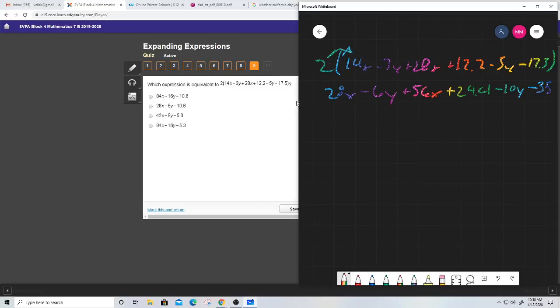Good. All right. So let's go ahead and combine x's. This is going to be 84x. Negative 6y and negative 10y are minus 16y. And we'll notice both of our 84x's have the negative 16y. And then lastly, we're going to combine our